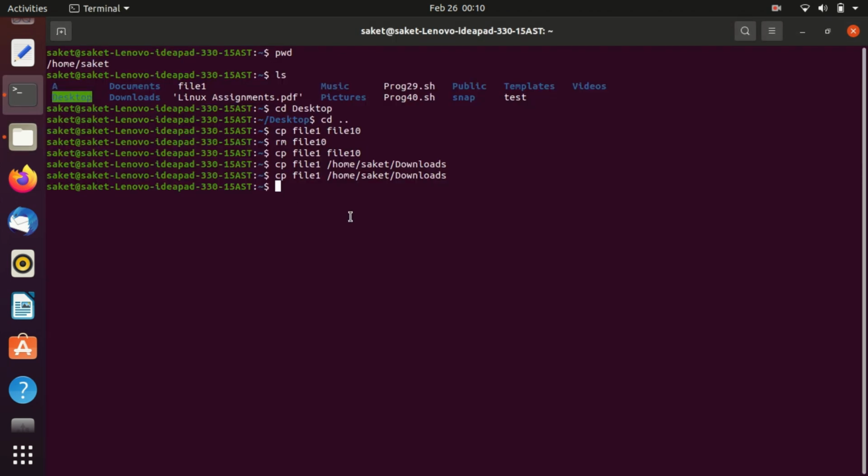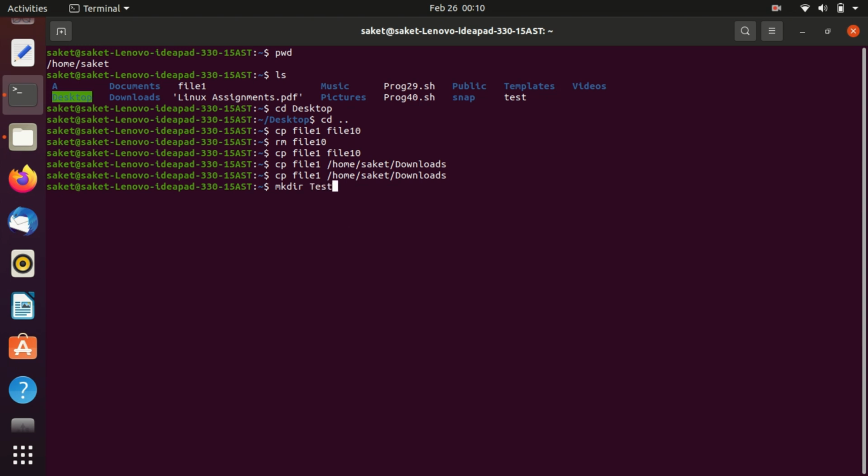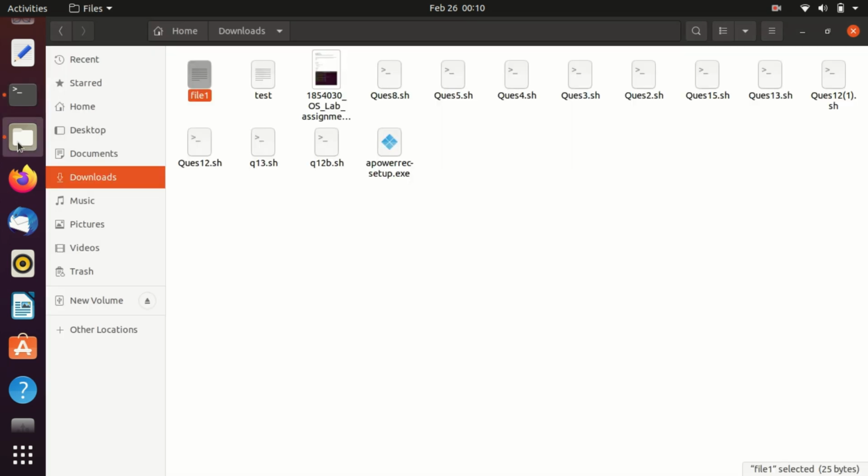Okay, now our next command is mkdir. mkdir stands for making directory. What if we want to make a directory? To make a directory, we will use the mkdir command. Now I want to create a directory named test folder, so I am writing mkdir test folder.